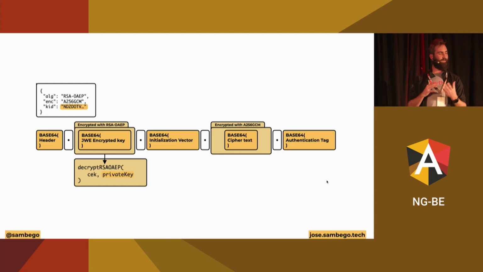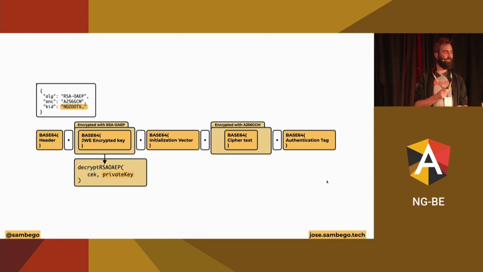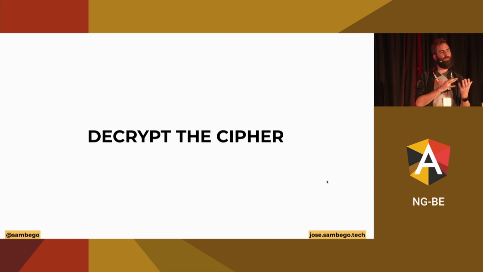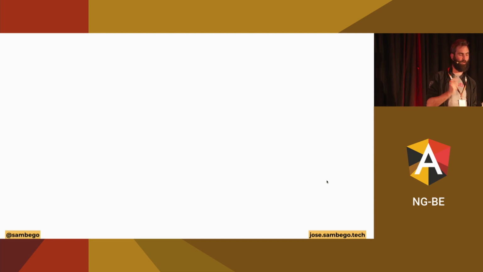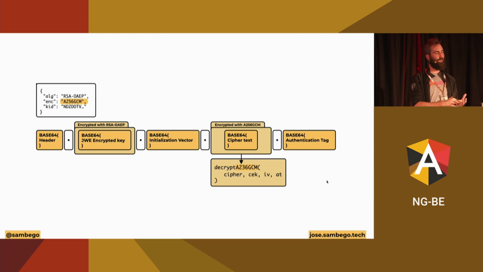And if we pass along that private key together with the content encryption key, which is the second part of this string, into the right algorithm, we will get a decrypted content encryption key. Which means that we can use that key to decipher the actual encrypted message in this JSON Web Encryption object. So once we've got that key, we can look into the header again, look for which algorithm to use. Once we find the algorithm, we can pass along the cipher, which is the encrypted message, together with the decrypted content encryption key, together with the